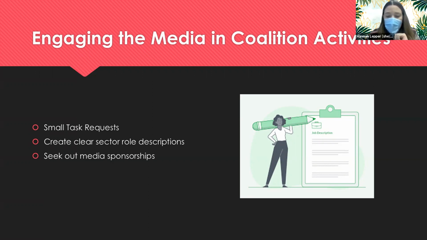Another way to engage the media in your coalition would be through media sponsorships. Sponsor packages that are designed to attract media sponsors must describe the organization in terms attractive to targeted sponsors, and then detail the benefits based on those sponsors' needs. So looking at creating a sponsor